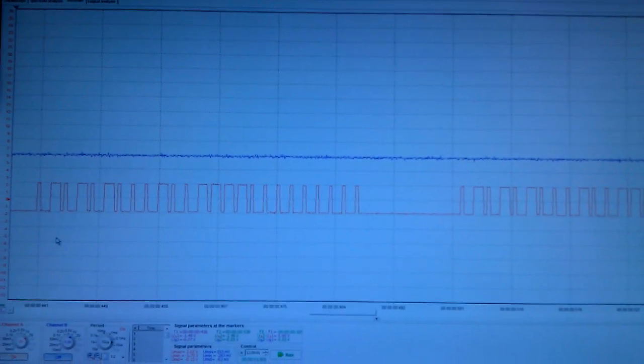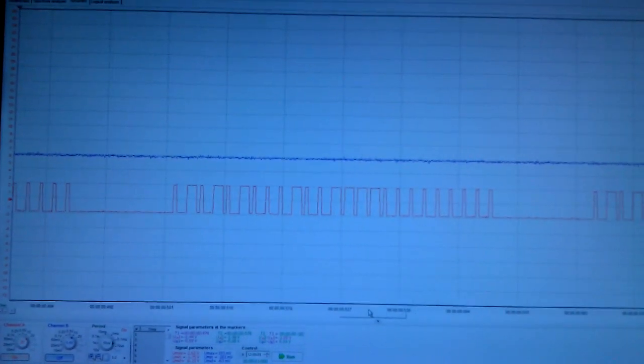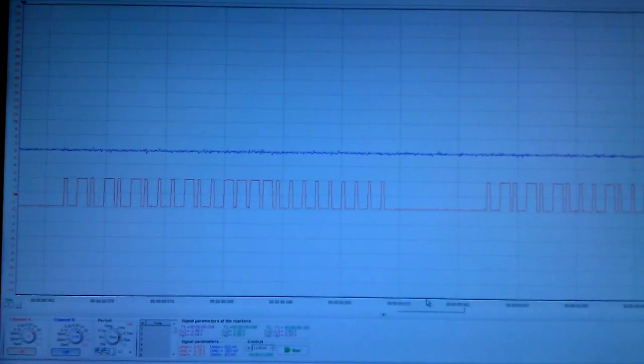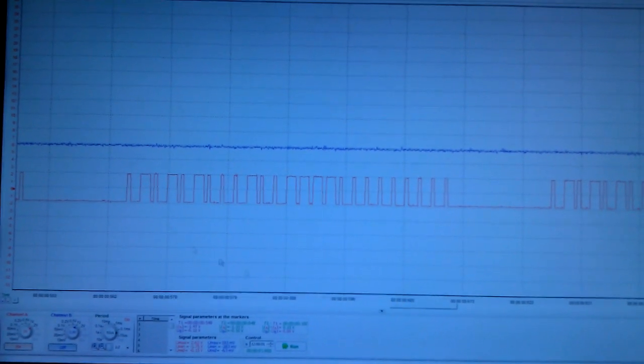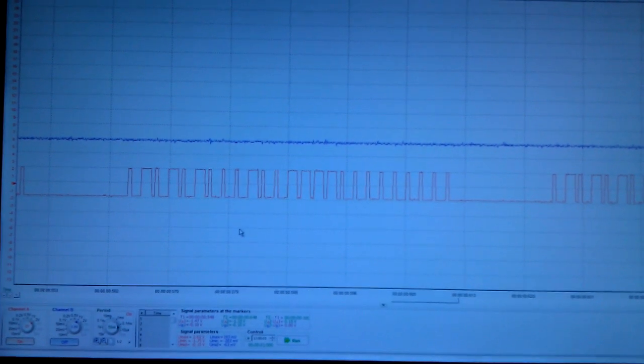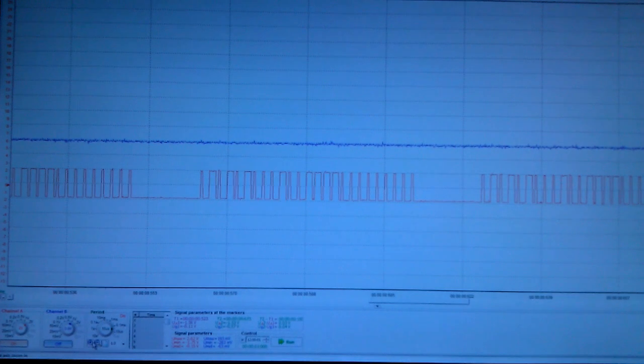number of highs and lows, the same number of pulses in each pattern. It looks like the pattern is repeated about 5-6 times or so. So this pattern is actually what is transmitted by the encoder chip that we looked at earlier. And if we zoom in here a little bit,